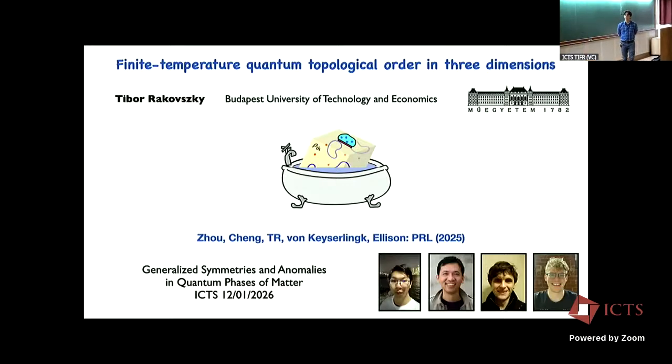So what I will tell you about today is a system that exhibits topological order in the way that you've heard before, not just in its ground state, but also at finite but low enough temperatures. And this is, in fact, the first example of something like this that we know of that exists in physically realistic dimensions, in particular, 3 spatial dimensions. All the previously known examples require you to go to at least 4 dimensions.